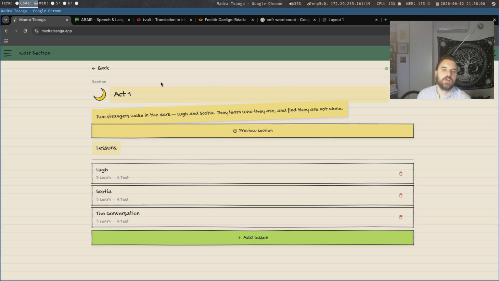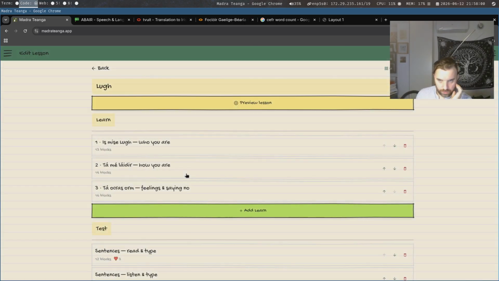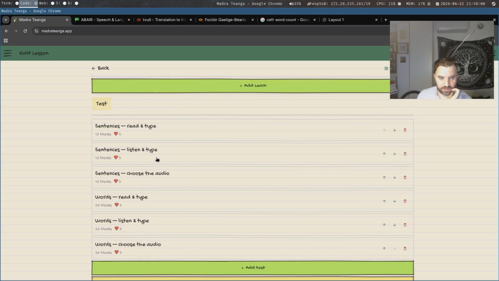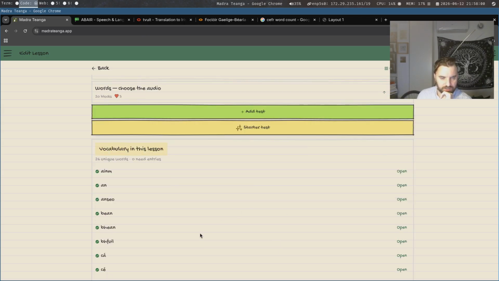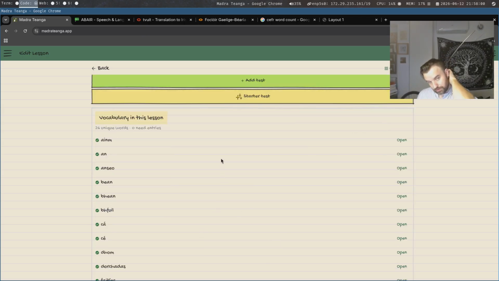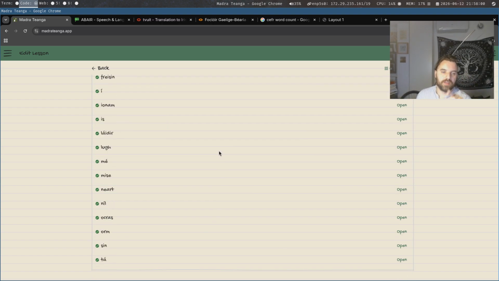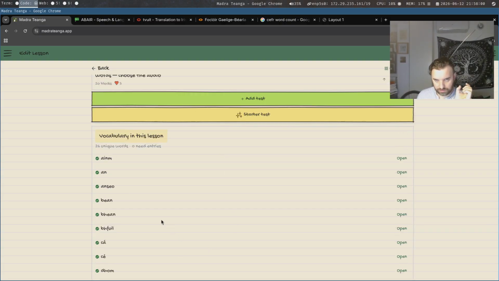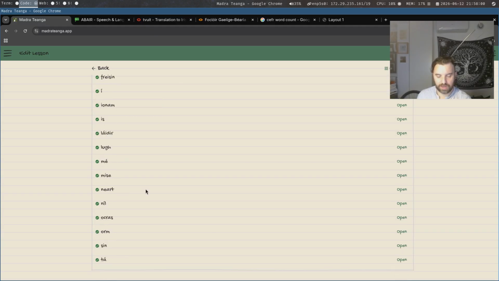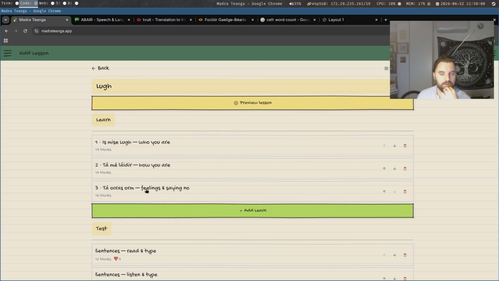Maybe in the future we might add more here, so you can put in videos and whatnot. And then into the lesson, which we've done, these are the 3 exercises, and here's the test that we did, and you can add as many as you want. We're going to start a test, and here is what I talked about before. If you have vocabulary tracking on, you need to have entries for all of these, and if you have a word that doesn't exist in the database, it will show up here, and it will ask that you add that word with your submission.